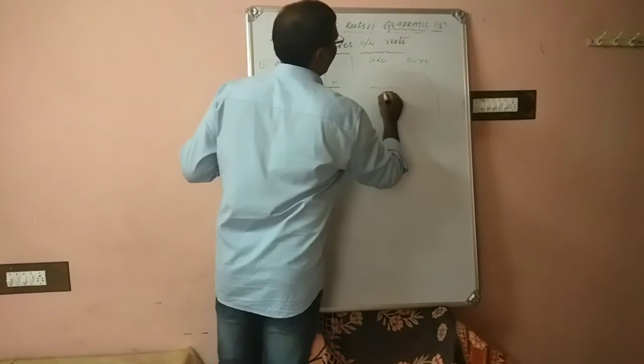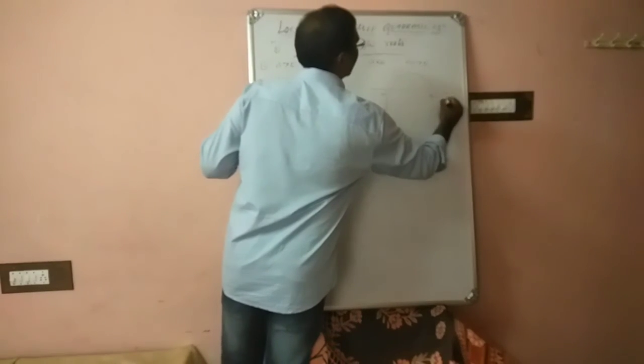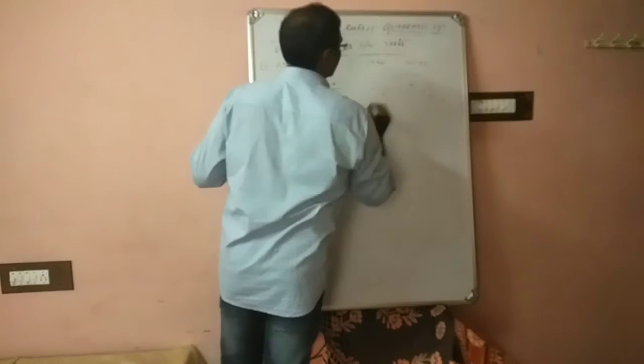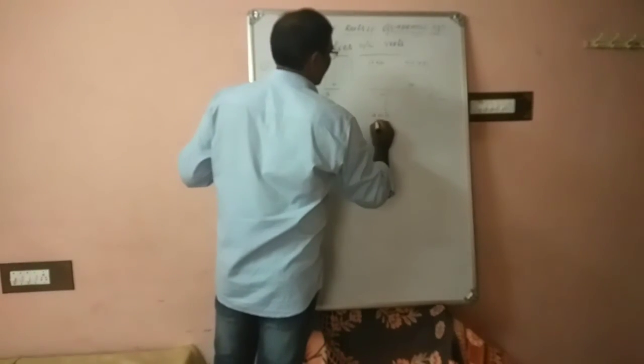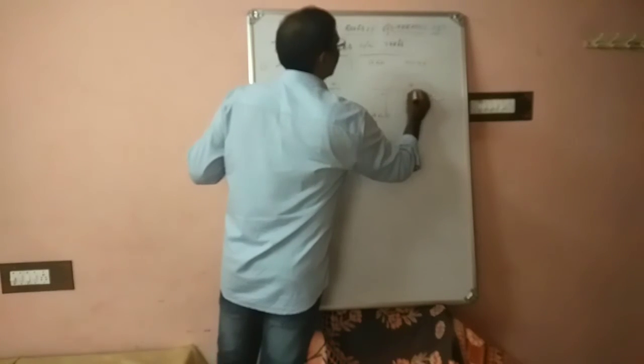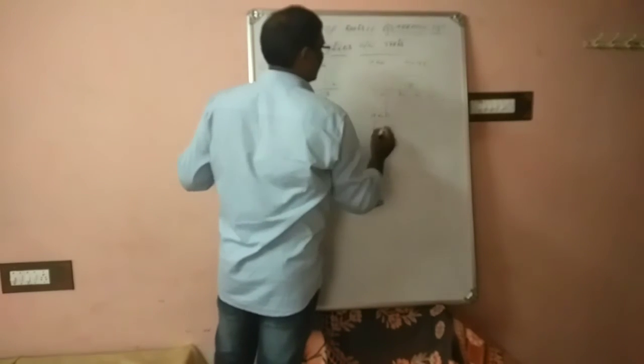So here alpha and beta are two roots. As per Wavy-Curve method, positive, negative, negative, positive, negative. So a is negative and how many roots are there? How many numbers are there here? K1 and K2 lie between alpha and beta.